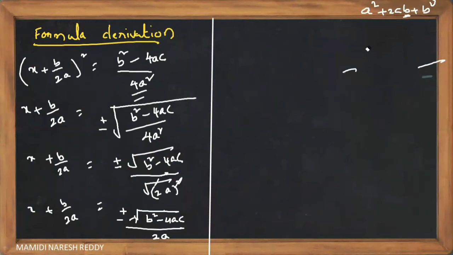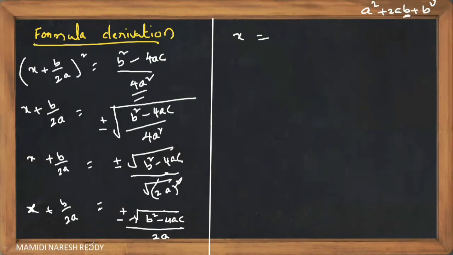Now let me go forward, children. Now see, the only thing left is plus b by 2a. And why are we doing all these things, children? Can you tell me? Wonderful. To find the value of x. So we only need to see the left side, only the x value. Children, x must be alone. So this b by 2a, I'm sending to that side. So x will be here, and the plus b by 2a I send to the other side.